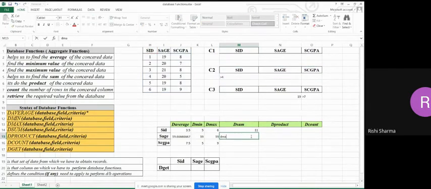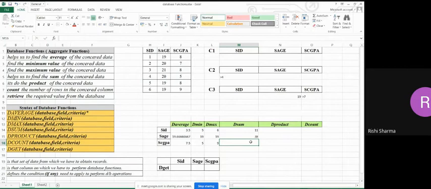Okay. So D max, bracket open, data 1. What is the field? The field is age. What is the criteria? This is the criteria. So what is the sum of these two values? 19 plus 19 is 38. So 38 should be the answer. Oh, sorry, what's wrong? One minute. D max. Oh, not D max, guys. We have to do D sum. Sorry. Okay, D sum. The answer should be 38.